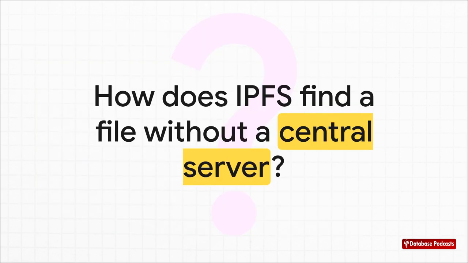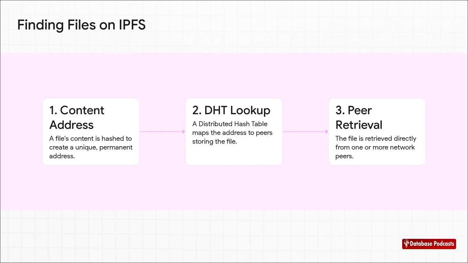Okay, so if there's no central server, no google.com to point your browser to, how in the world do you find anything? In the old web, you ask for a file at a specific location, like an address. But in a peer-to-peer world, that kind of address just doesn't exist. IPFS has a really clever three-step solution. First, instead of asking where is this file, it asks what is this file. It uses something called content addressing, where every file gets a unique, permanent address based on its contents, using a